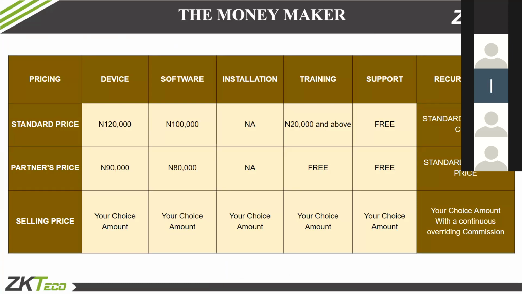These numbers here are just for analysis sake. They are not real numbers. If you want real numbers, you can talk to Josh about pricing and the likes. 120,000 naira, for example, you buy the device at 90,000 naira instead of the 120,000 you would pay as an end user. Now, when you are selling, you can sell at any amount that you like,